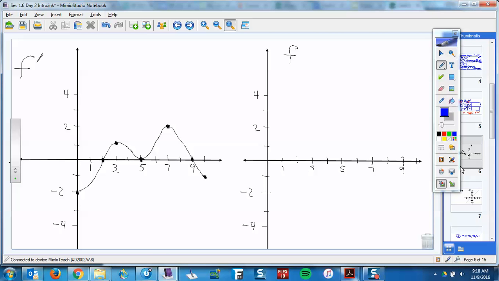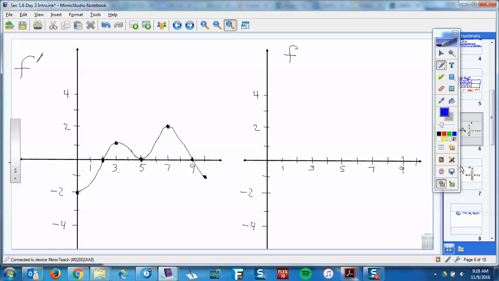I've got an F prime graph over there on the left. You're going to have one of these in your homework as well. I've got an F prime graph on the left, and you are now going to draw an F graph. It doesn't matter how fancy you make this, just make that F prime graph kind of have that general